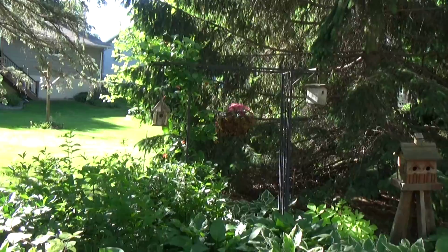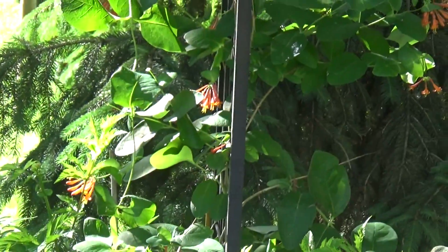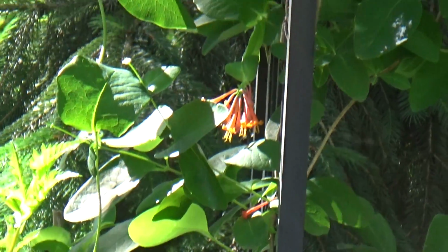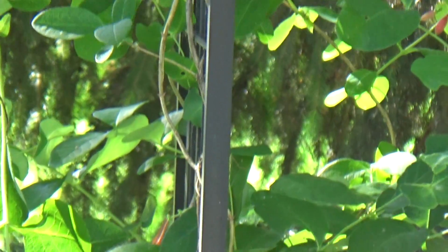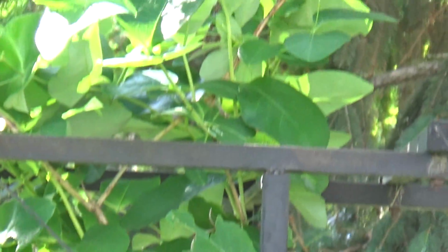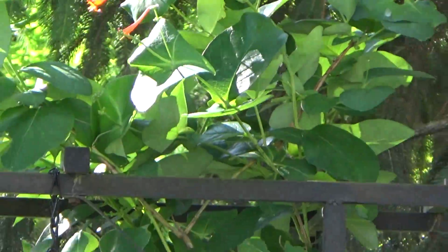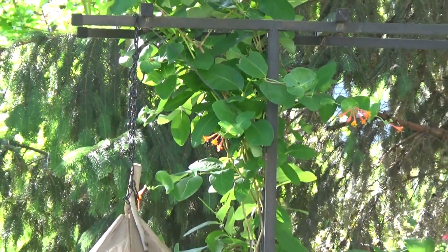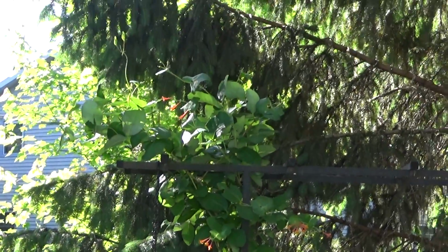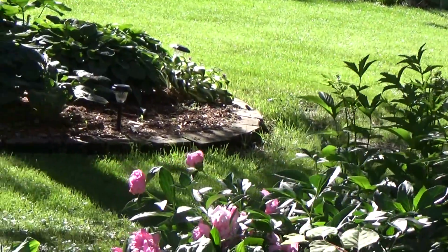My honeysuckle is. It's absolutely gorgeous. I have seen some hummingbirds around. This has done really well in this area. Not sure if at some point that'll crawl over. I'm hoping. Might have to train it a little bit. And then back here